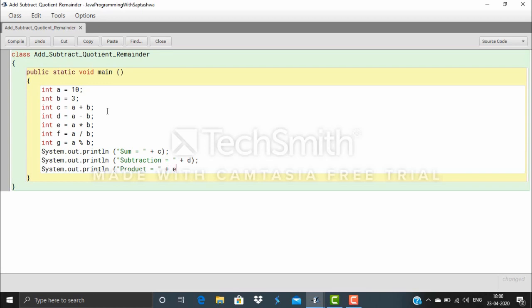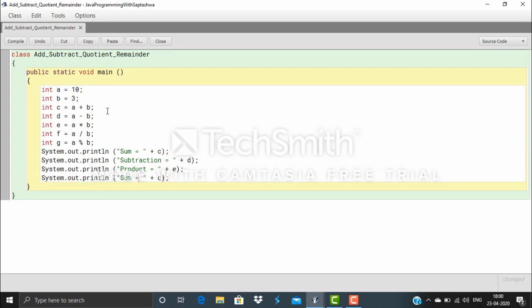For the product, I have stored it in variable e. After product is quotient, stored in variable f.